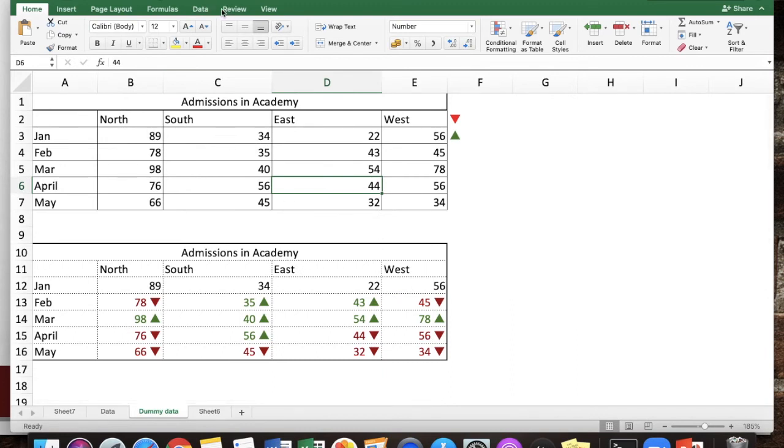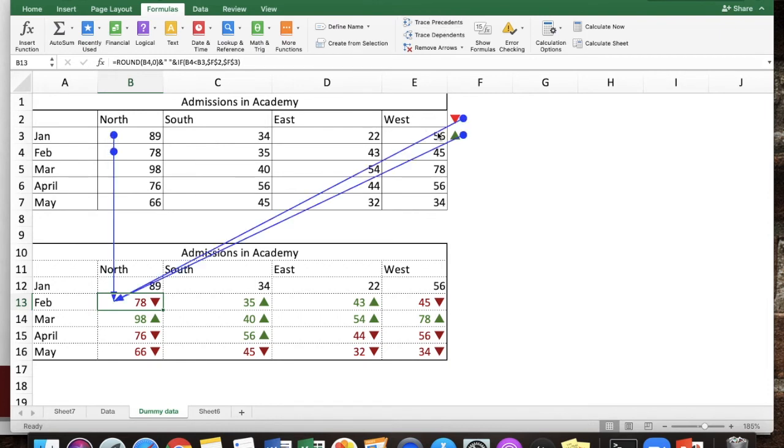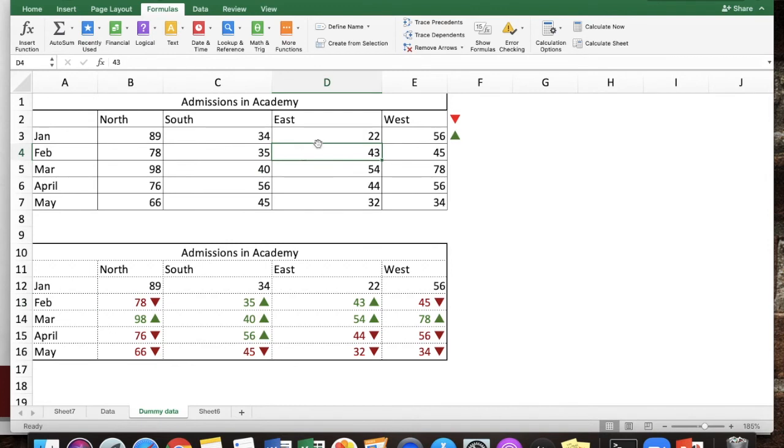One more thing you can do, you can go to Formulas and use Trace Precedents and Trace Dependents. So for example, if I click here and I want to see Trace Precedents, it will show me that using these four values, this value is being used in the formula and this value has come. Now I remove it, and if I want to use this cell and I want to see in the sheet where this cell has been used, I will do Trace Dependents and I will see that in both these cells this value has been used. So this is a good way to analyze a sheet which you get from somewhere.